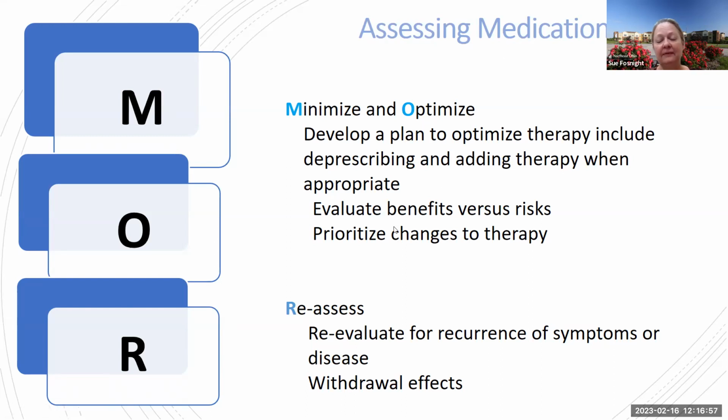So when we minimize and optimize, you can't change everything all at once. Sometimes there are lots of changes that are needed. So we're normally going to do our changes slowly, one at a time, prioritizing which is the most important. Sometimes when a patient's in the hospital, we may do it a bit quicker. And sometimes if the patient's having serious side effects, we're going to have to do more than one at a time. But if possible, you want to just take away one drug or add one drug at a time so that you can see the effects of doing that for the patient. And then the last step here is also very important, which is to reassess. So make sure we see the patient back to see what happened and that they did okay with the changes that we're making.